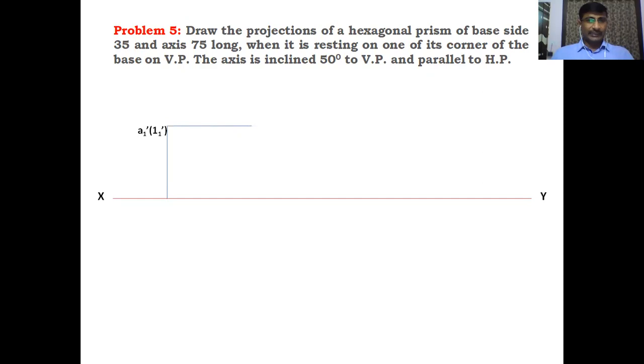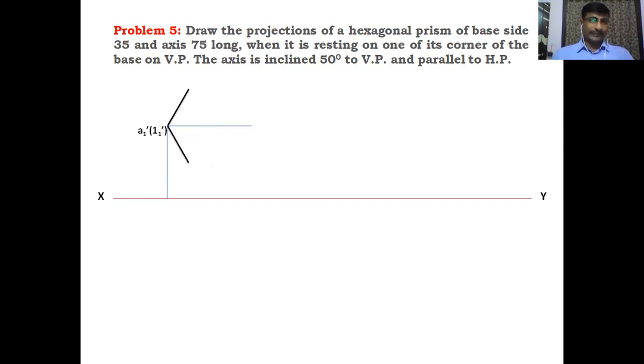Draw a horizontal line from that point and construct the hexagon with this corner, this point. How to construct the hexagon? In a hexagon, the angle between two sides is 120 degrees. Clear? Therefore, from the horizontal line, draw a line at an angle of 60 degrees on the above side, and 60 degrees on the below side. Towards the below 60 angle and towards the above 60 angle, the total is 120 degrees between two sides.